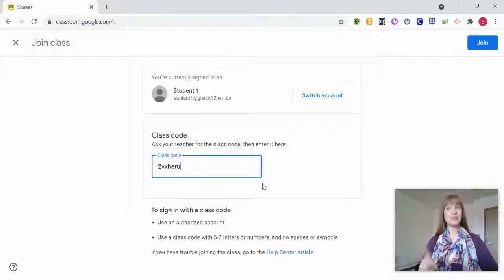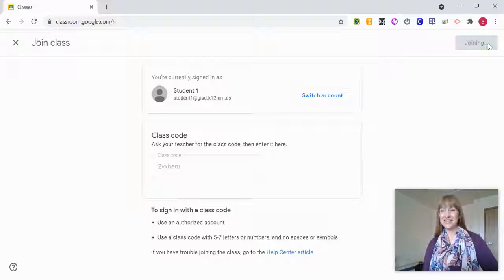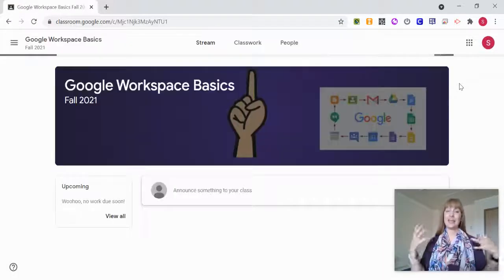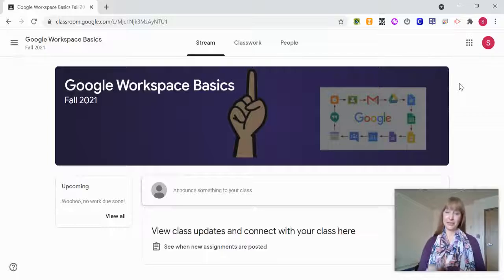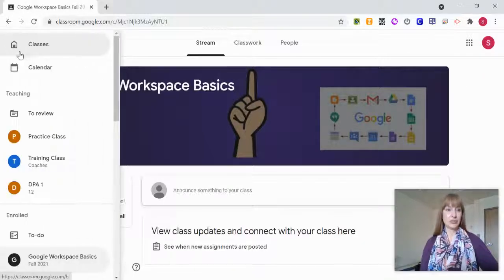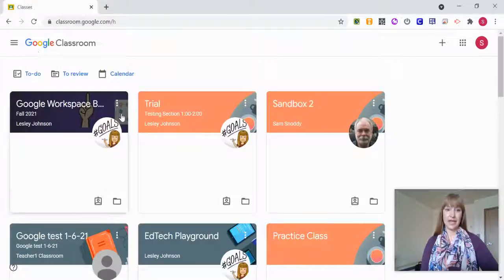When the code is blue, you know you have the right one. Come up to the join button, click join, and it takes a minute, but it's thinking about it, and boom, we are in our Google Workspace Basics course. So when I go back to Google Classroom, I can see it there. Now, if I'm done with it, I can click on the three dots and unenroll,